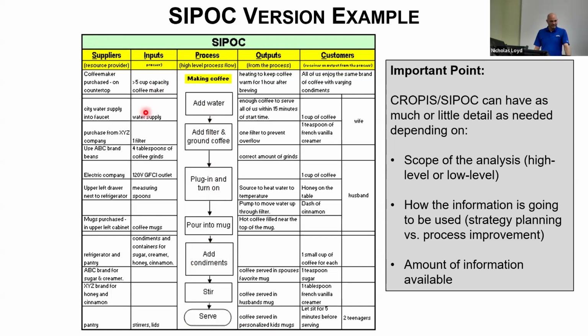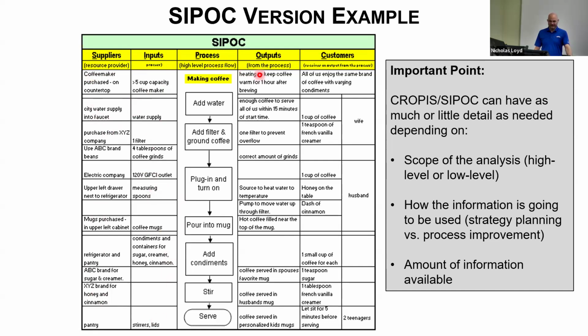Depending on the machine. Depending on the machine, yeah. I kind of am looking at ground coffee. The ones that grind the beans are actually making coffee. But here are the different inputs. I might need mugs, water, actual coffee, an outlet to plug the machine into, measuring spoons I need to do the job. And here are the suppliers I would need to get all these inputs.